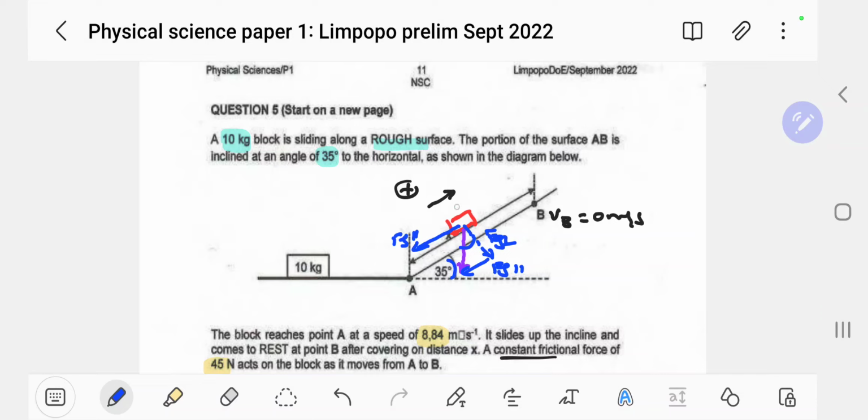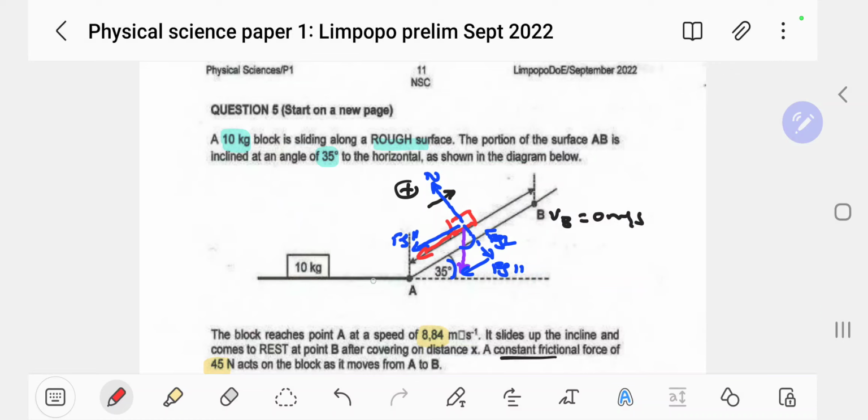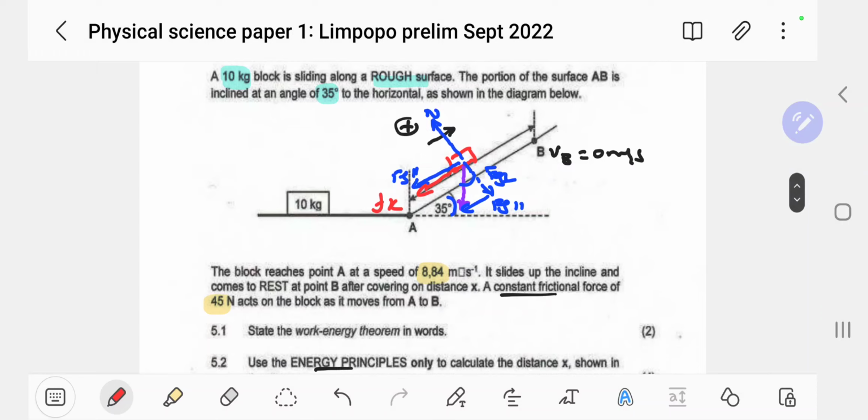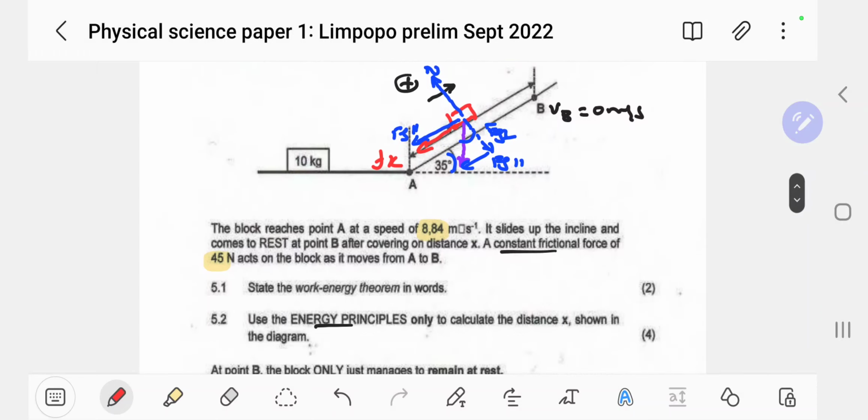And there's another force here, which is going to be the normal force. The normal force is basically equal to Fg perpendicular. And then of course there's an extra force now, which is that of friction. Because we're in motion, it's Fk, kinetic friction. So we need to think about that when we do our calculation.